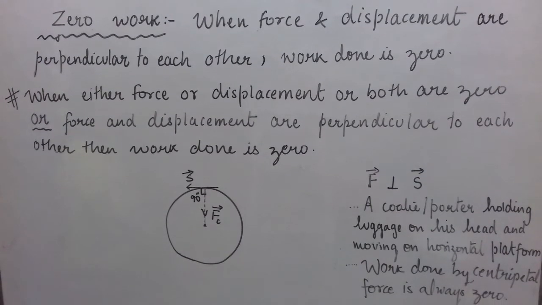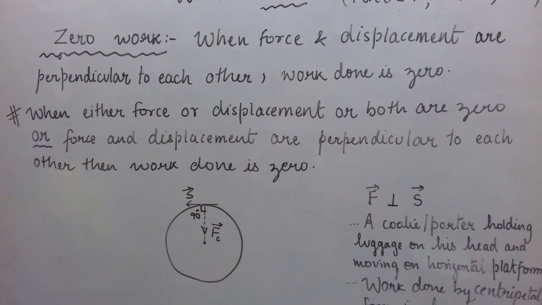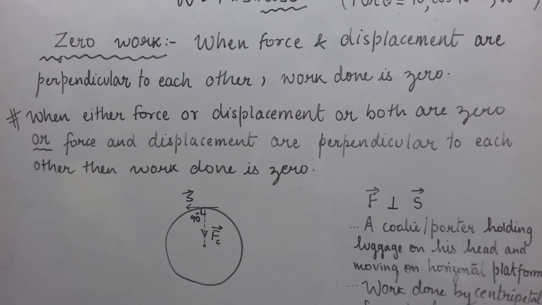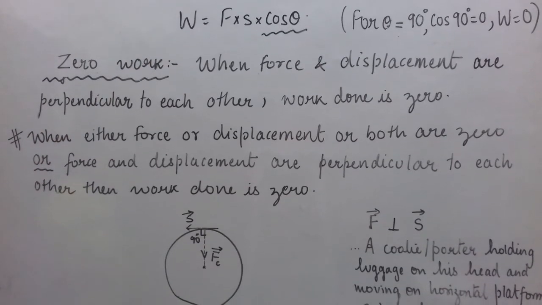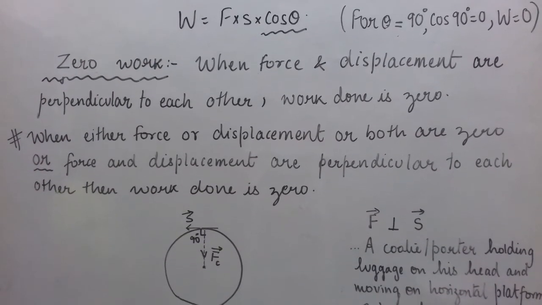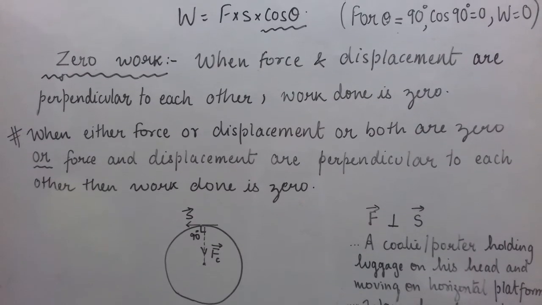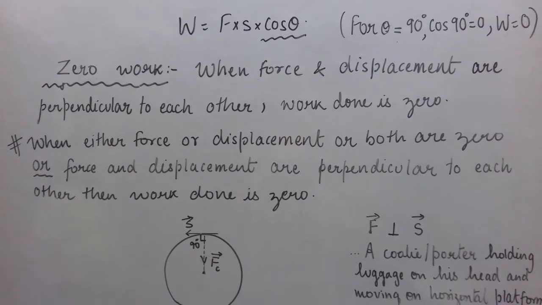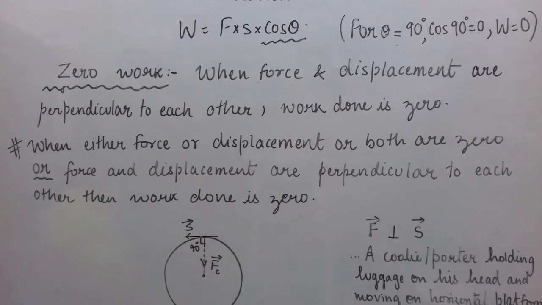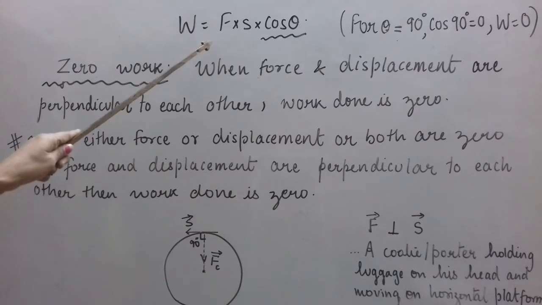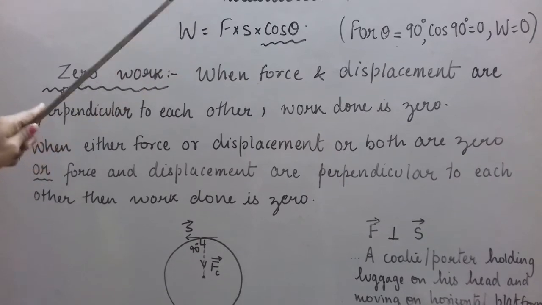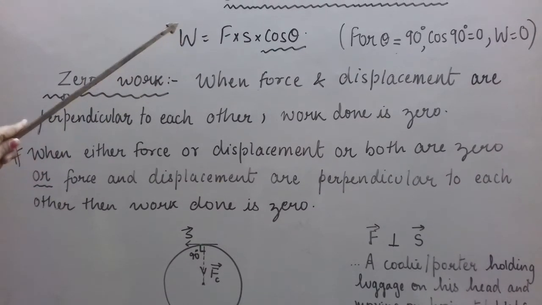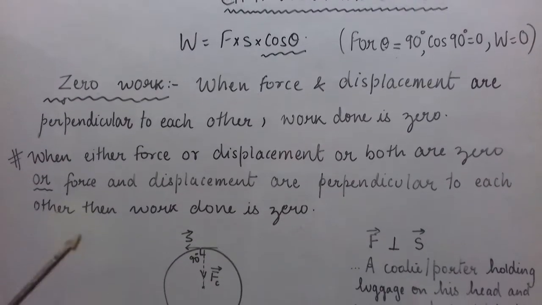When is work said to be done? Suppose this question comes in exams. I have seen students writing the definition of work. It is wrong. When work is said to be done means when W is not zero. You will say, when force is applied on a body and produces displacement in the body in a direction other than the direction perpendicular to the direction of force, then work is said to be done.